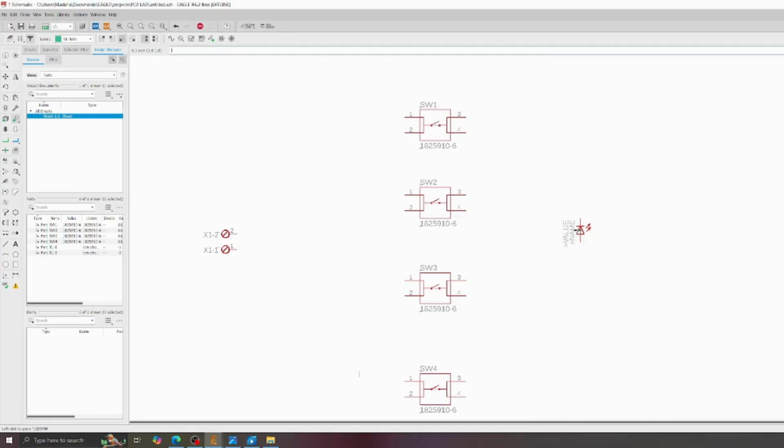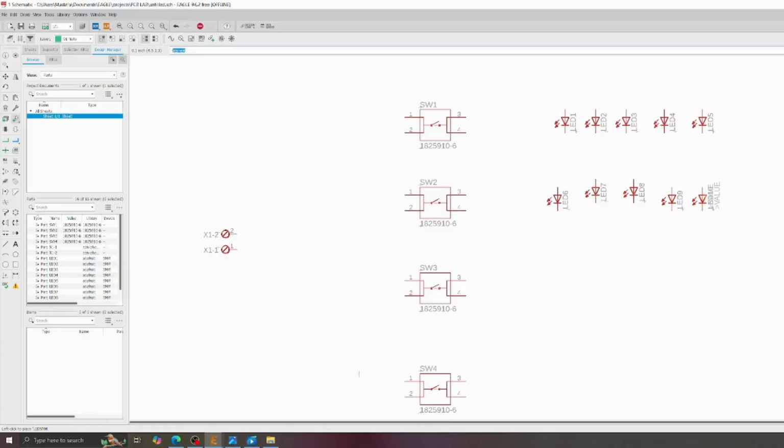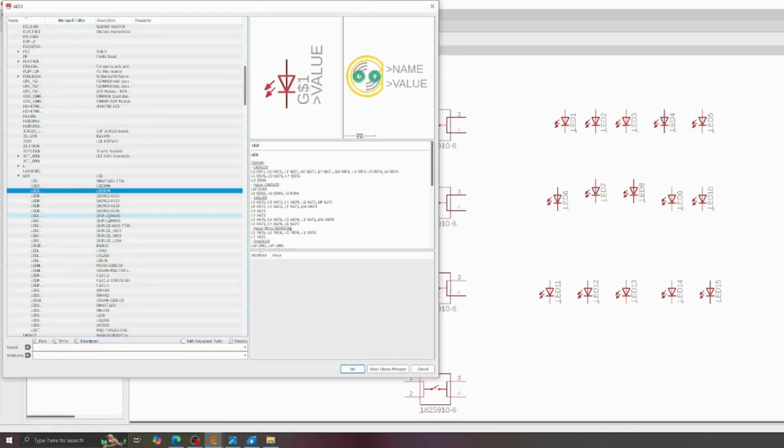So we're going to click on this 5mm LED, and we're going to flip it so that it's facing downwards. And then let's go ahead and place 5 here. And the one good thing about Eagle is you don't have to worry about changing the colors. You could do that on your own. So let's go ahead and place 15 of them. And then remember, oh, I accidentally clicked out of it. So if you accidentally click out of it, again, just navigate to add part, and you'll be right back to